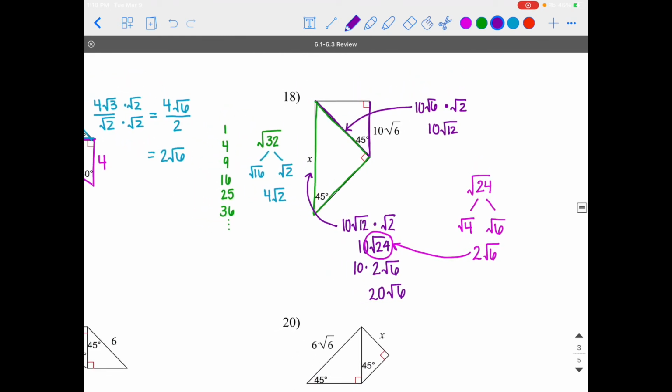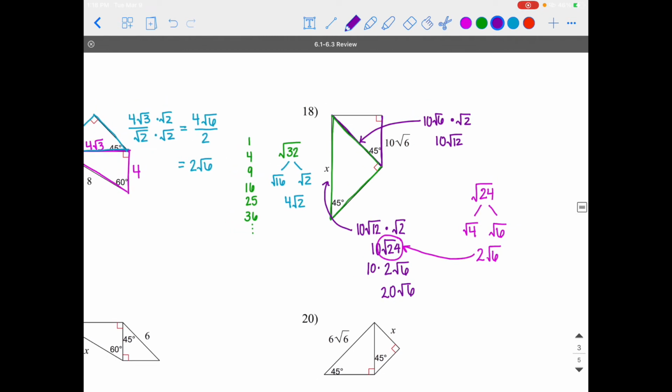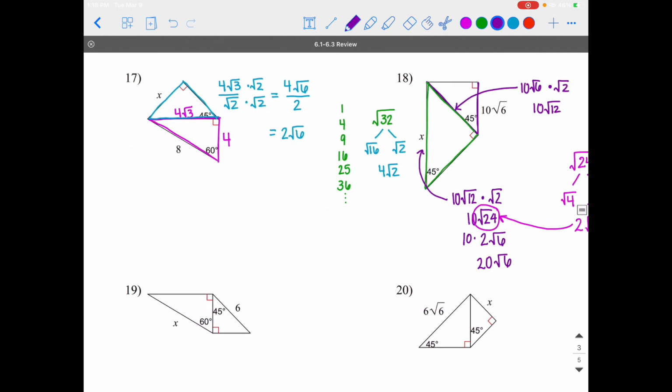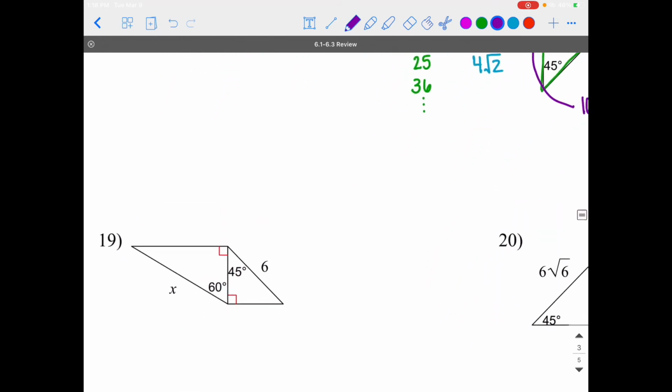I don't think you'll have any like that on the test. These are way harder than that, so if you can do those, you're golden. All right, number 19,